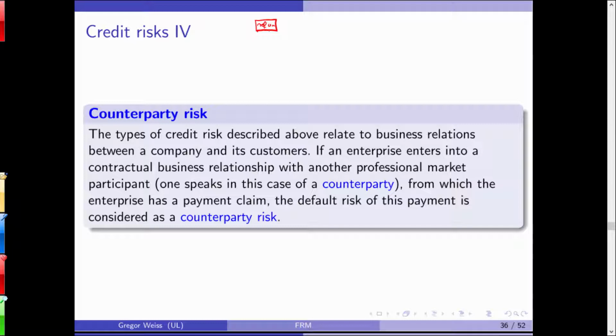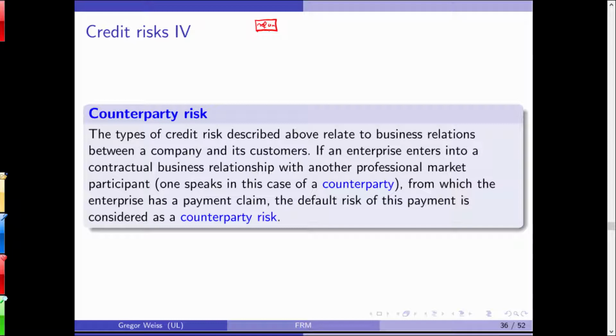Over the next 5 years, if Apple defaults, you will pay me $100 million, and I will pay you a premium of, say, $150,000 each year for 5 years. If Apple defaults after 3 years, I will get the $100 million, and then, of course, I don't have to pay the next premium, because then the contract has stopped. And if Apple does not default, I will pay you the premium each year for 5 years, and at the end, nothing happens. So it's just like a regular insurance.